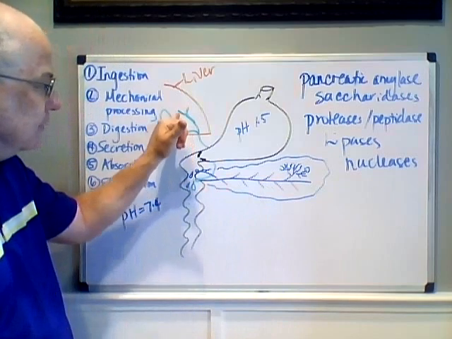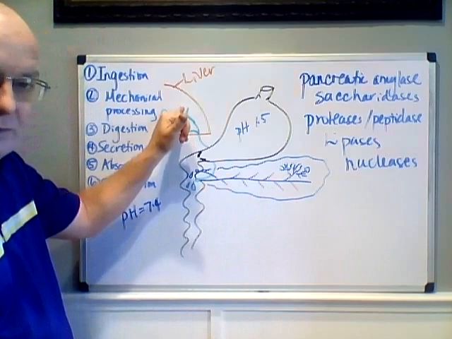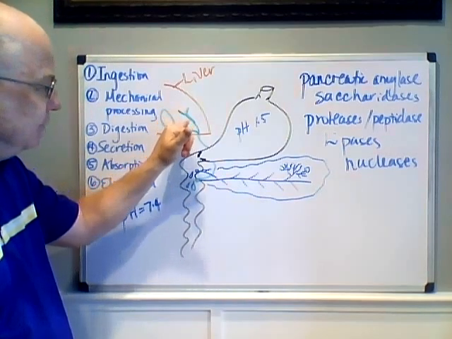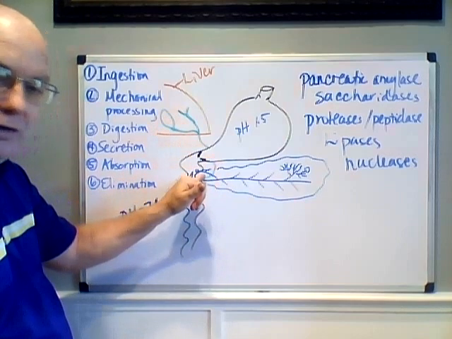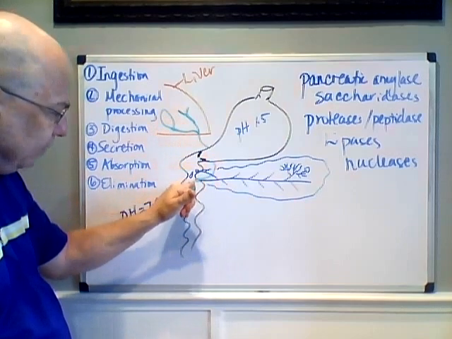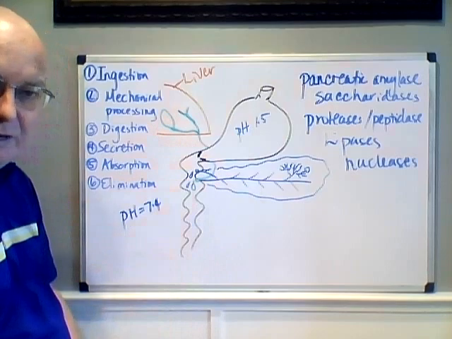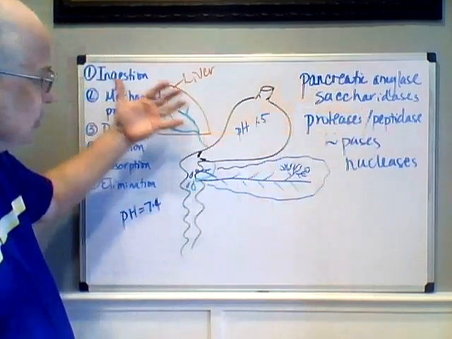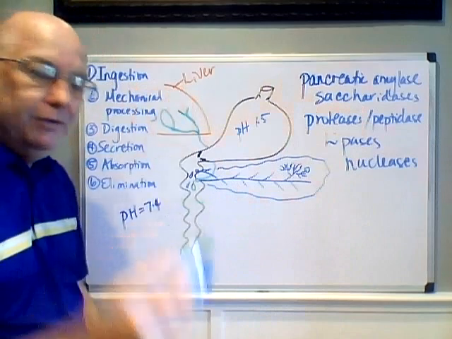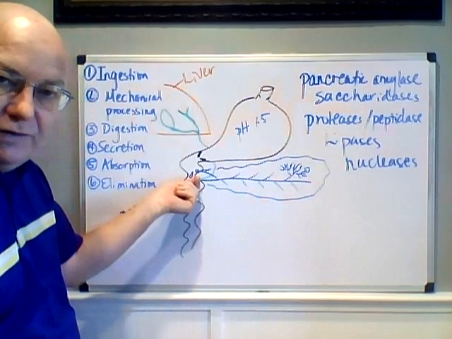But the right and left hepatic ducts, the common hepatic duct, the cystic duct, and the common bile duct will all fuse together and release bile at the same opening as the pancreatic duct. When it's closed, no pancreas secretions, no liver secretions. By the way, if it gets blocked far enough down by